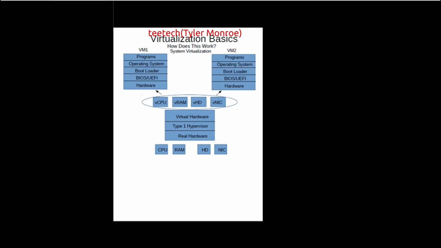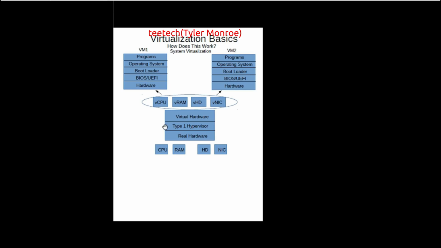So, this is what you're going to see in production, in businesses, etc. And this is a lot of what the cloud really is. You're going to have a lot of these Type 1 hypervisors and things of that nature in data centers. This is what the cloud is. So, what you have is this would be server hardware. It's still the same kind of hardware, just more reliable and faster, along with better performance. You have the real hardware, but instead of a Type 2 hypervisor that is a program that runs on your operating system, your existing computer,